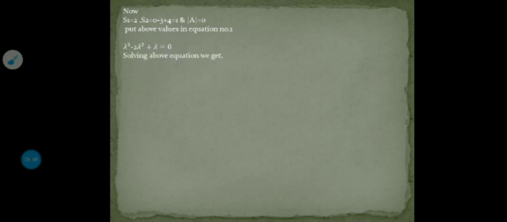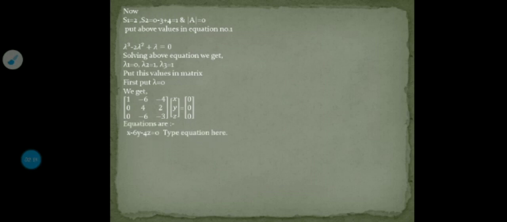We get the minimum value of lambda is 0. So we are solving the matrix for lambda is equal to 0, which is the minimum value from the matrix. We are taking two dissimilar equations, which are